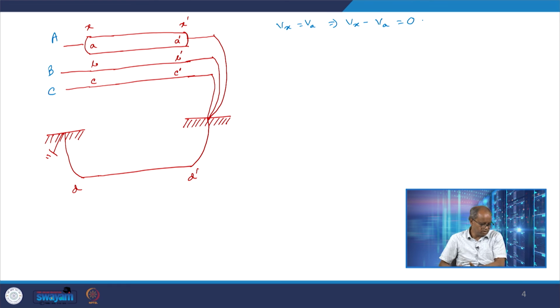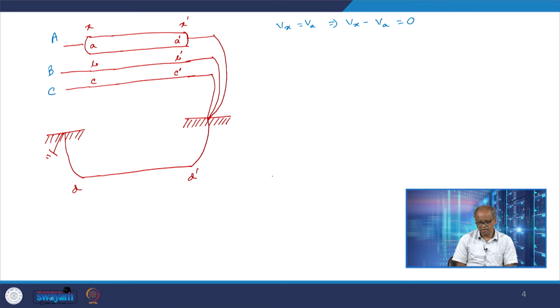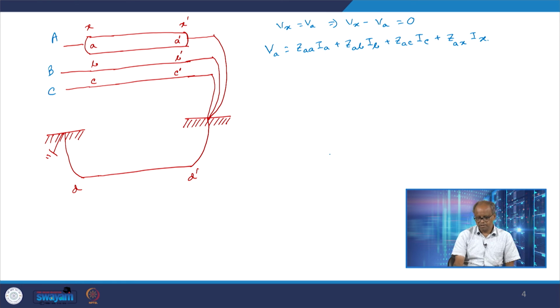Now from this relation I can write down that Va is equal to Zaa into Ia plus Zab Ib plus Zac Ic plus Zax into Ix, and then Vb